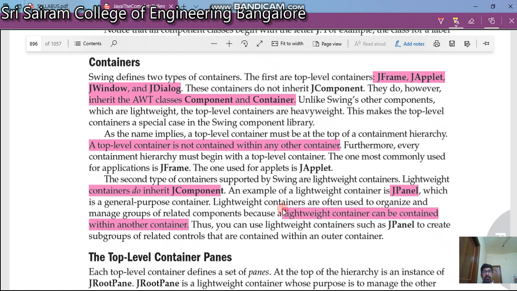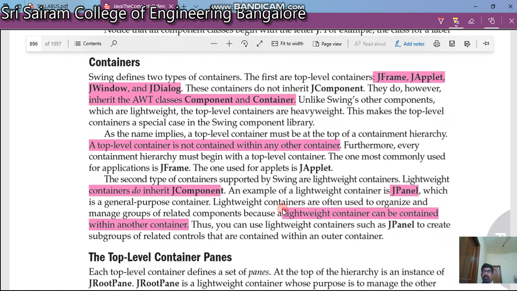What is special about these containers is that, as I told before, normally all the containers have to inherit JComponent, but these containers do not inherit JComponent. They still inherit the AWT classes Component and Container.